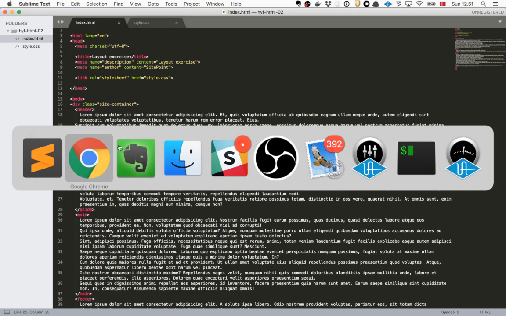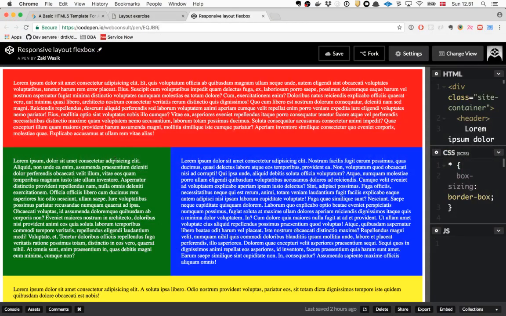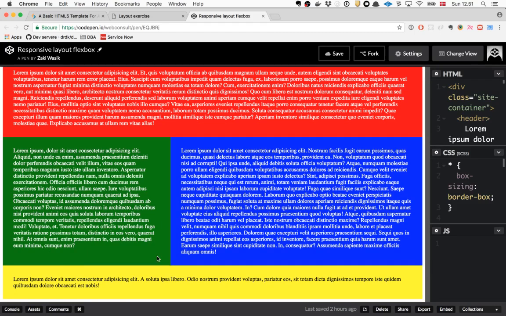The main thing here, if we have a look at what we're trying to achieve again, is that this one is going to go on the left and this one is going to go on the right. The header up here is not very difficult to achieve because by default any div will fill out 100% of the width, and the same for the footer. So the main challenge is what's going on in here, where we have to have these two sections next to each other.